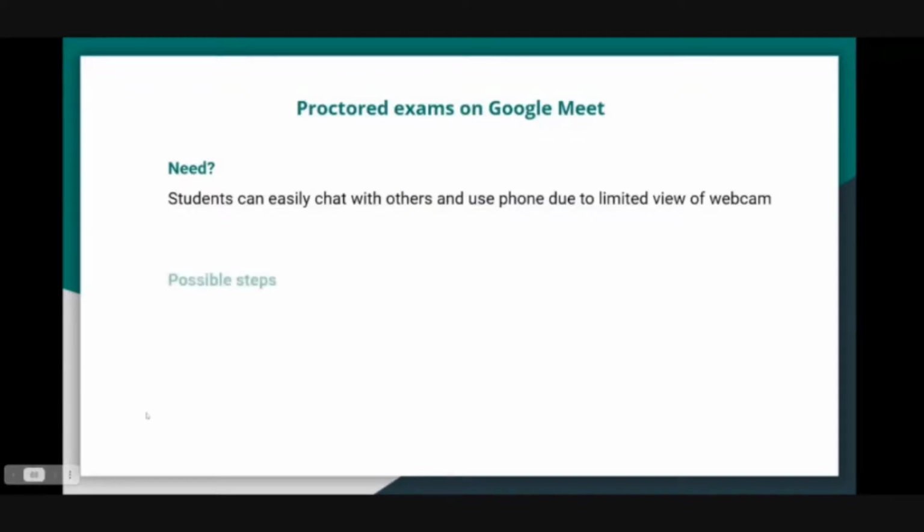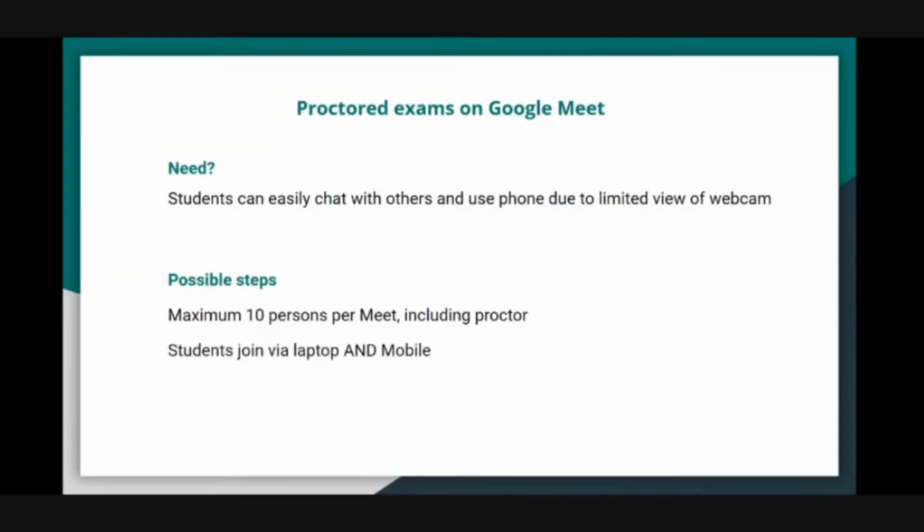So what are the possible steps we can take in this regard is to ask students to share their screen along with another camera input. Like I said yesterday, it would be better to have only 10 persons instead of say 15 or more people in a Google Meet, including the proctor. So you have 9 students in one room, and you ask the students to join via the laptop and via another phone. Anyway, in many of the quizzes or exams, we say that joining by laptop is mandatory, right? You cannot appear in the quiz from phone.